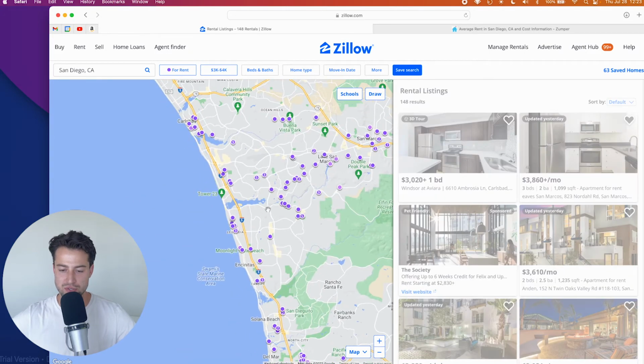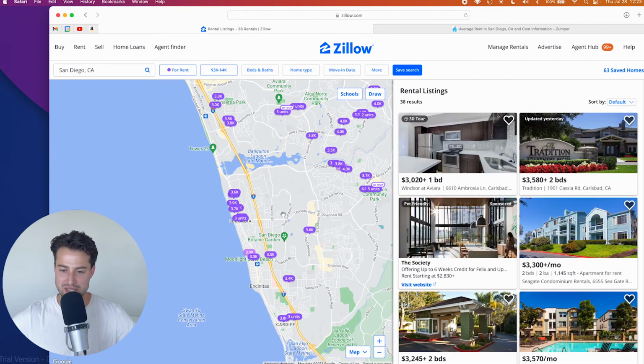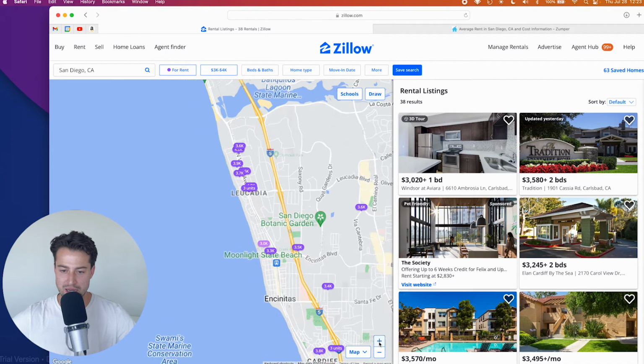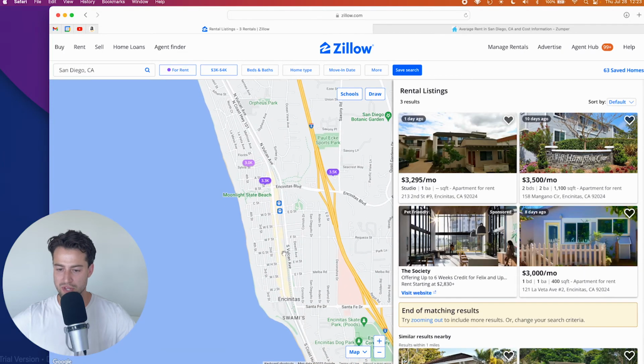Let's go out to Encinitas. Encinitas is probably one of my favorite towns here in San Diego. You've got a good mix of families and people in their 20s and 30s. Down here on Coast Highway, you have a lot of good restaurants, a little bit of nightlife, and you're super close to the beach here. So let's see what